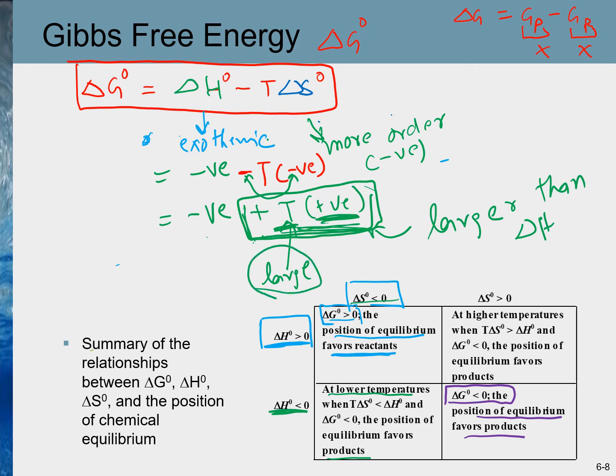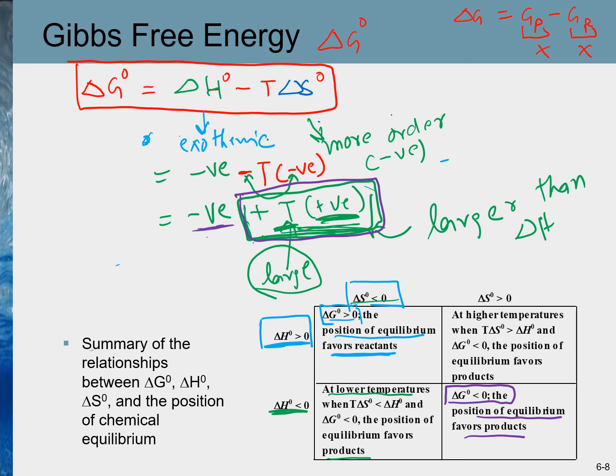But if we increase the temperature, then this overall value of the entropy function will increase, and this will be large enough to overcome the negative value of delta H. So entropy will win in that case, and delta G will become positive,